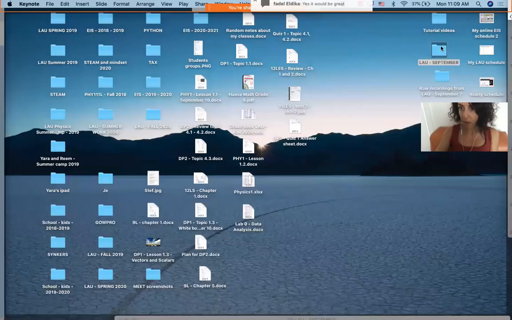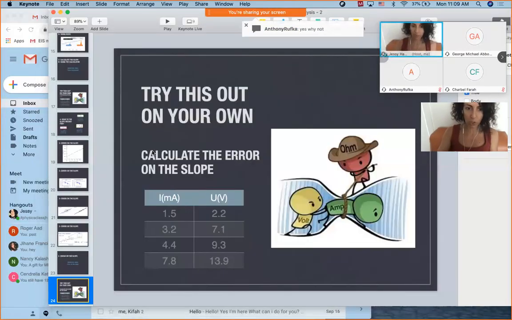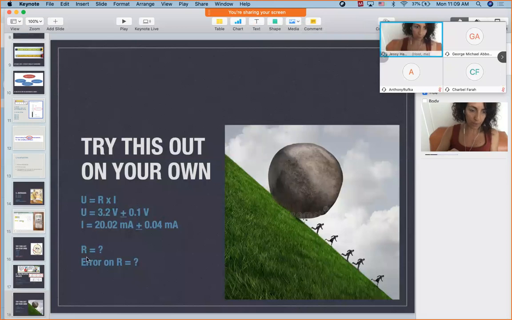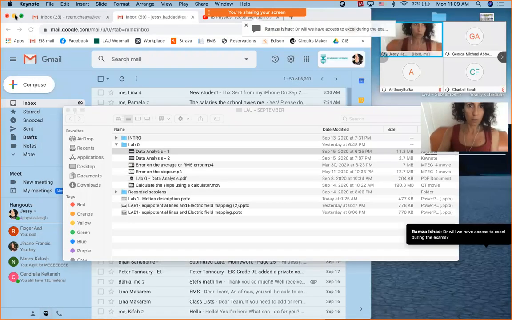Also, I remember that I promised to show this, although everybody has good answers. I did the error on R. Maybe not for you. For you, you had the example where it was A is equal to g sine alpha. Some students are still not confident about it. So I'm gonna videotape this one and the other one. And George is gonna videotape the Linus method and send it to me, okay? All right, shall we close data analysis? But again, we can ask and go back to data analysis anytime you want. This will stay with us throughout the semester, okay?